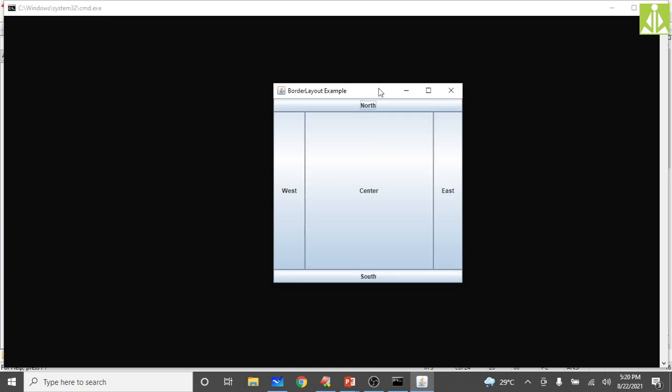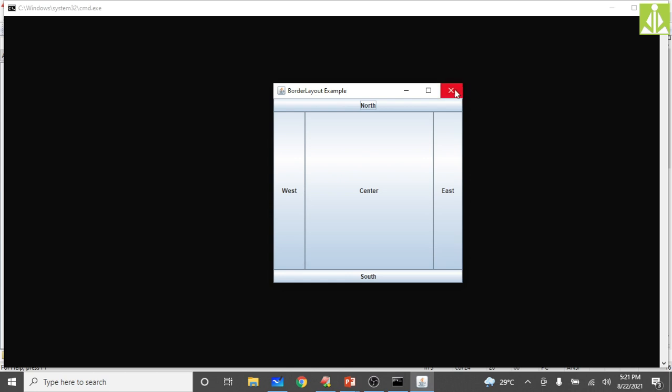We have different layout managers. This border layout is one such. We have grid layout, flow layout, box layout, card layout, grid bag layout, group layout, spring layout, scroll pane layout. Like this we have around 9 layout managers inside Java, and you can practice all those. Border layout, I have already shown everything related to that. Hopefully you understood this concept, and I'm expecting that you will practice this GUI programming to a better extent, okay.